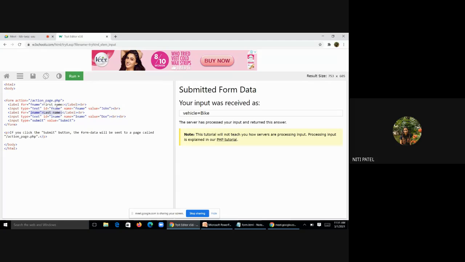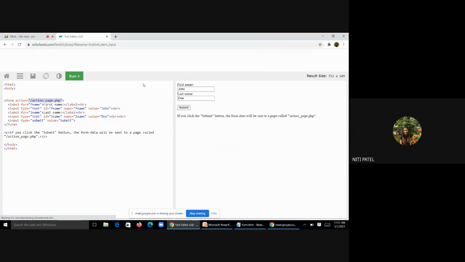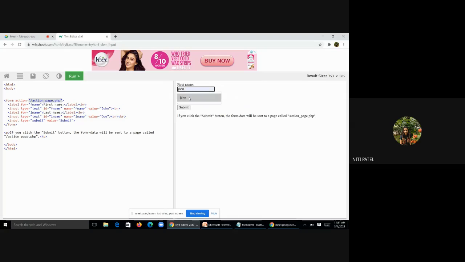After I specify both, I have to submit the data. So if you click on the submit button, the form data will be sent to the page called action page.php, which is specified with the help of the action attribute. And what you specify in front of the action is the name of the file which is there on the server. So when I run this, by default the value is John and the other is Doe.